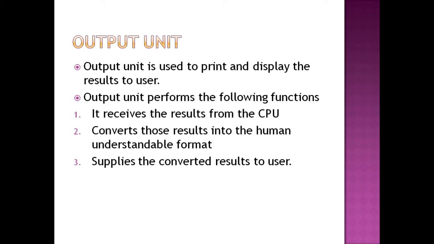But this information is actually sent to the CPU. The CPU is going to understand that I have clicked on the print option. So it's going to understand that when a user clicks on the print option, the user is actually asking that document to be printed. So the first thing that is going to happen is that the CPU is going to understand that the user wants to print it. So it is going to communicate with the printer. So the output unit is going to receive the information from the CPU. That is, my printer is going to get the information from the CPU.